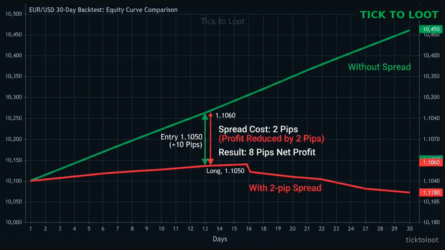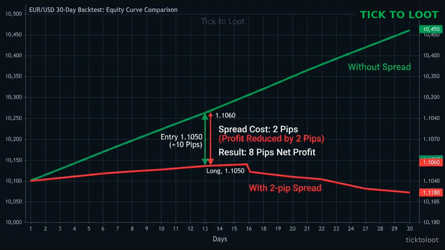The lesson here is crystal clear. Always run your backtests with realistic spread values. Most trading platforms let you input a fixed spread or pull the live spread from the broker. By doing so, you'll see a more honest picture of how your algorithm performs in the real world, and you can adjust entry thresholds or position sizes accordingly. In short, a tiny 2-pip cost may seem insignificant, but multiplied across many trades, it becomes a major factor in